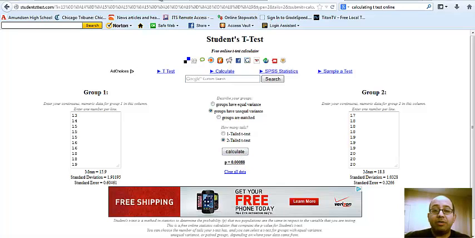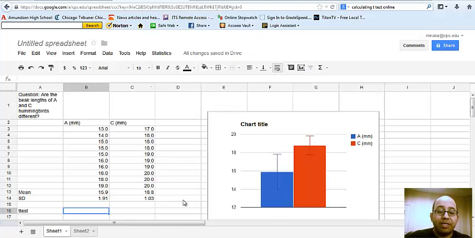So we go back to our spreadsheet, and we would type our sentence in after we got our t-test value, our conclusion. So remember, the question, our calculations, our graph, our calculations of t-test, which is part of this calculation, and then our sentence, which is what I'm requiring for you. So let's go to our other